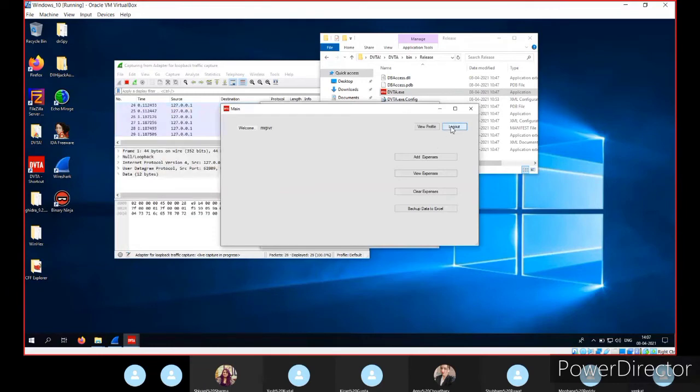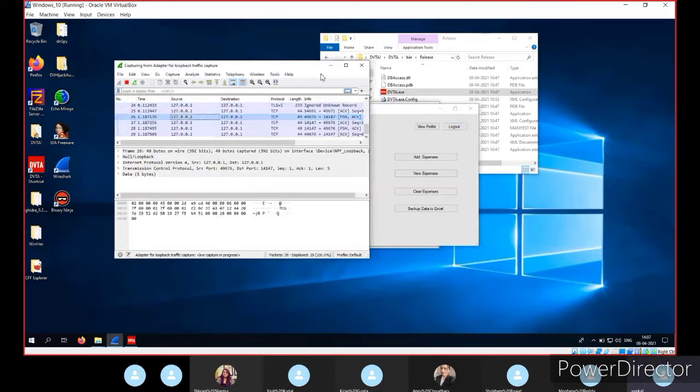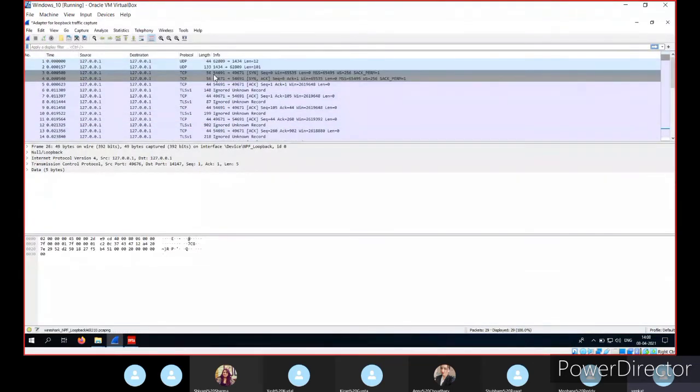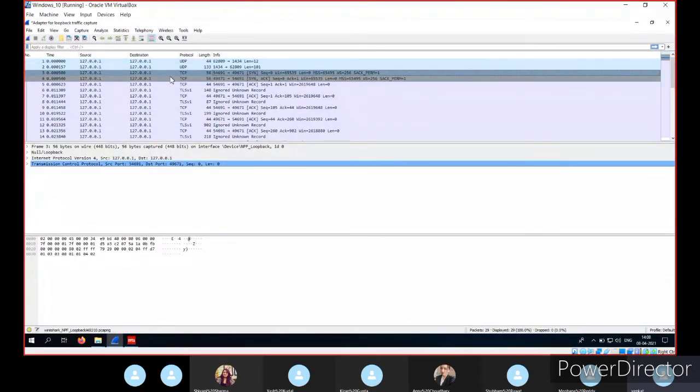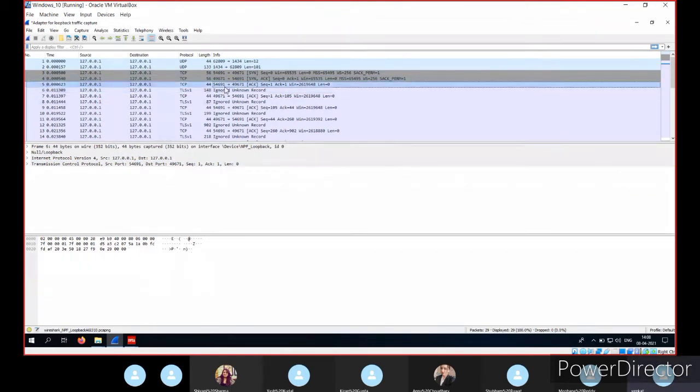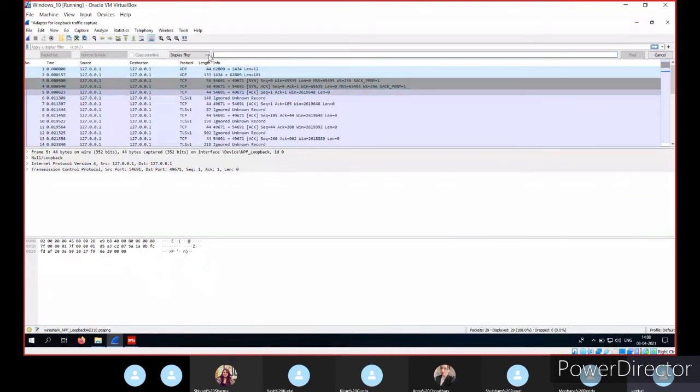Yeah. So you can see, when I logged in, I ran this Wireshark tool in the background. You can inspect these packets, each and every packet, to find the data that we have entered, the username and password. To make it simple, you can press Control F and search for that particular string.